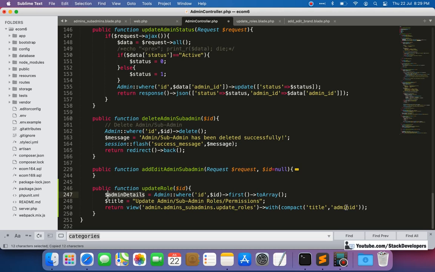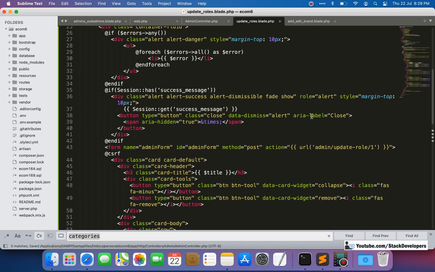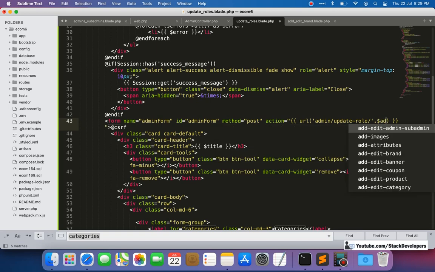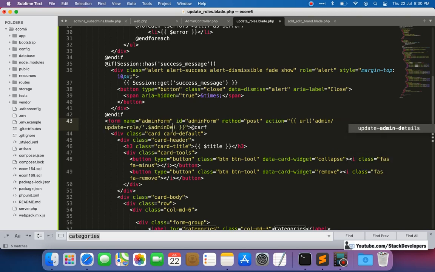This admin details we can send here, and one thing is we are going to pass this one dynamically from admin details, $adminDetails, and inside this id.